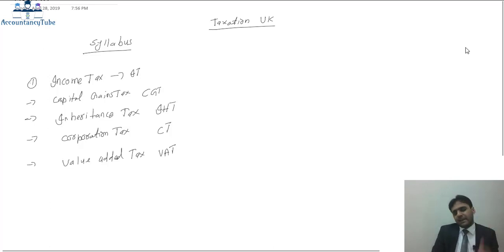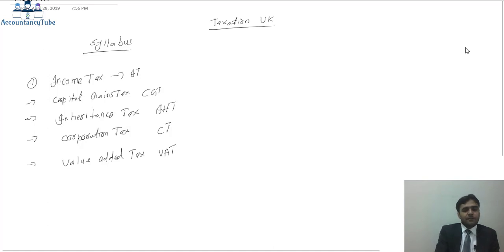First of all, if we look at income tax, what it is basically is that the purpose of many people is to earn income. If you're not earning any income, then you can't survive basically in this world. Income could be earned in many different ways, but whenever you are earning income, I told you that the government is interested in your money, so there will be some tax to pay on that amount.